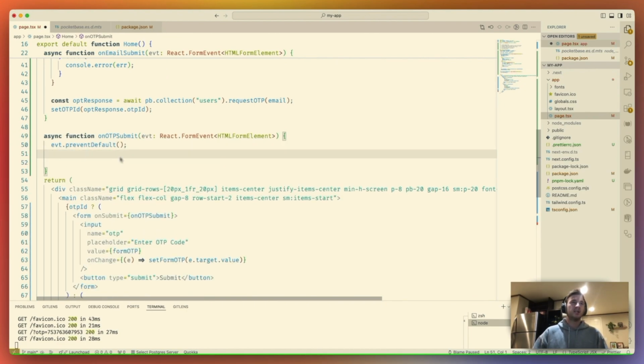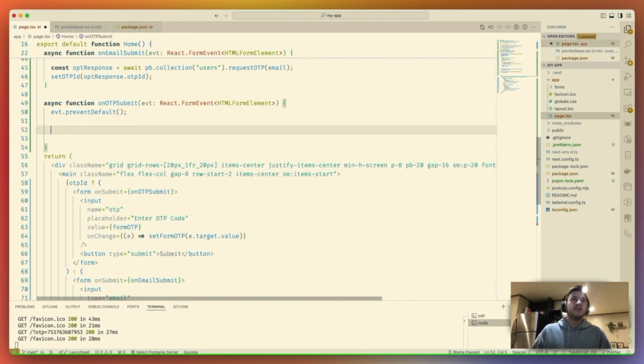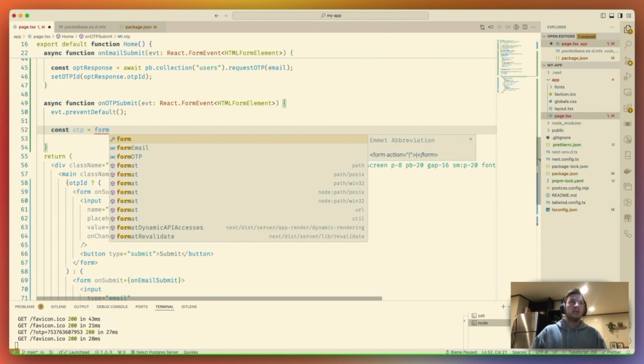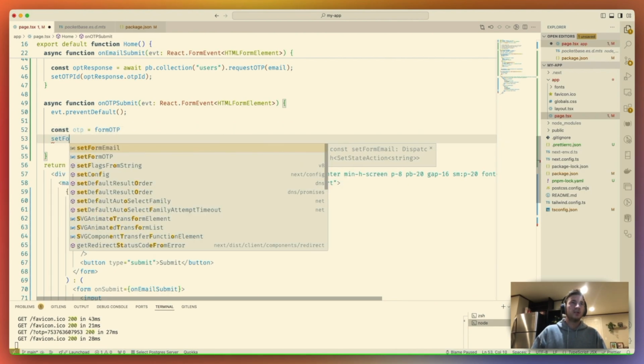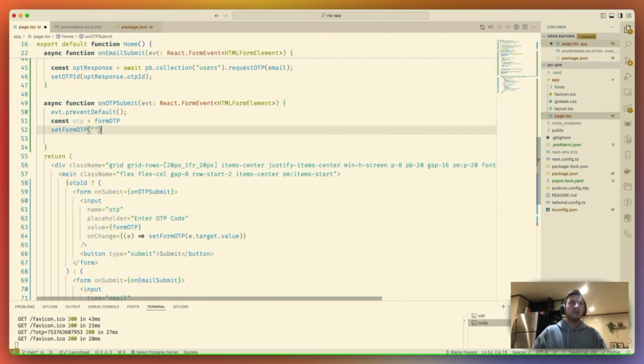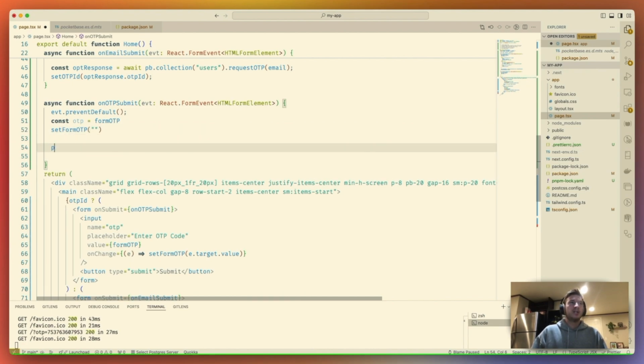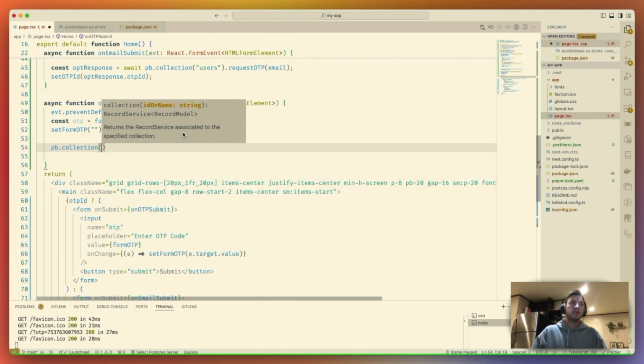Okay. And when this thing is submitted, I now have my OTP code available. So we can say OTP is equal to form, OTP, and then let's go ahead and clear that form out, just so we know we've submitted. And now it's time to actually provide base.collection